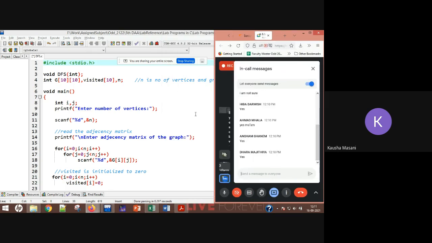All right. Now see, in this particular program, we are going to find out the number of vertices. We will calculate an adjacency matrix for your graph, because I told you in the class that the graph is represented with the adjacency matrix.